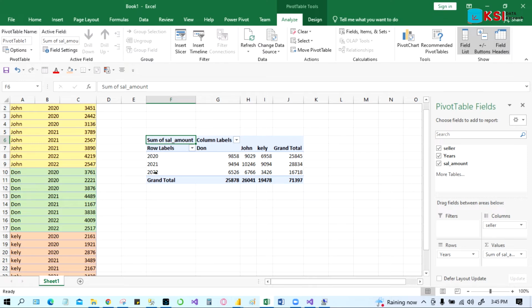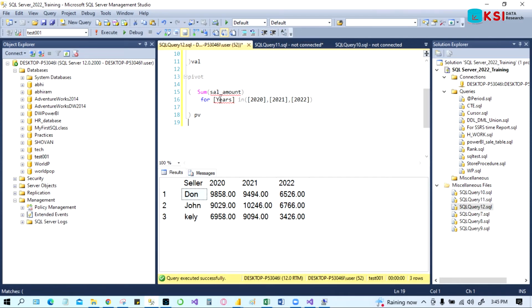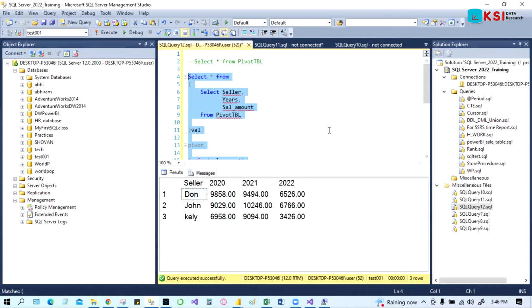See, now you can see nicely all the 2022 for Don, John and Kelly, 2021 Don, John and Kelly. In a different way, you can also arrange the table. So similarly, you can do the same thing in SQL Server as well. Let's go to SQL Server again. So just a similar thing, if you just copy everything from here